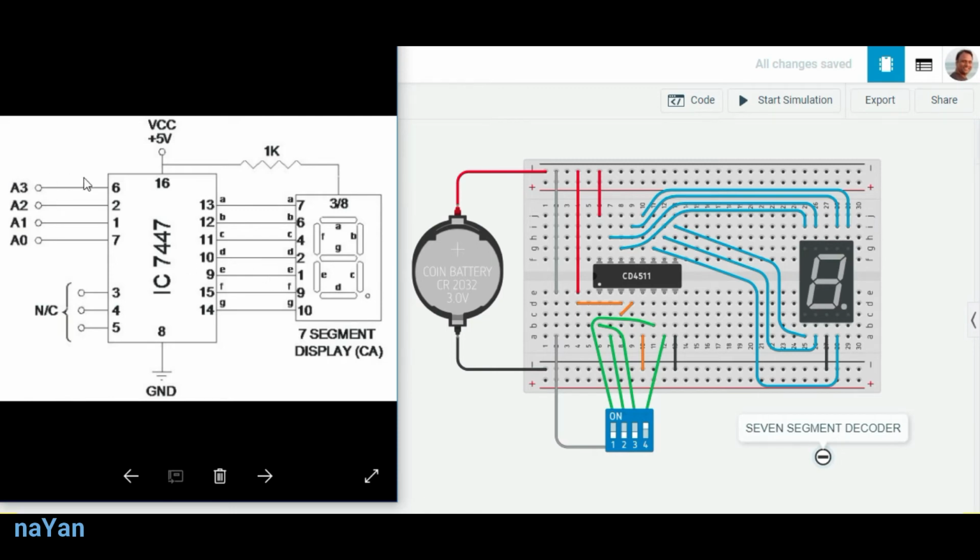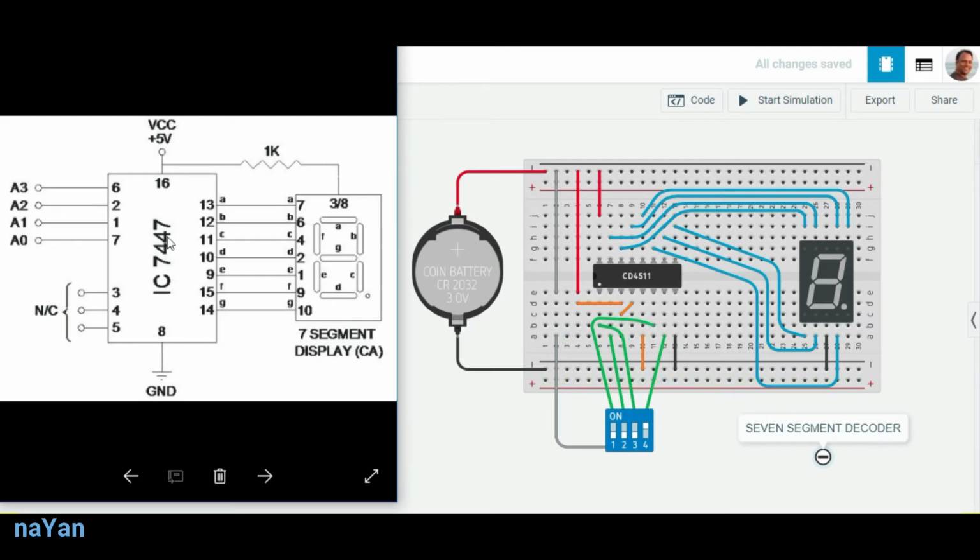All the input connection pins are the same, all these segment connection pins are the same, only we connect ground from pin number 3 instead of connecting it to VCC in case of common cathode, and